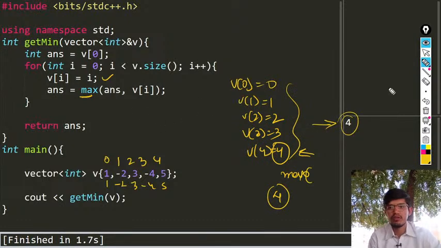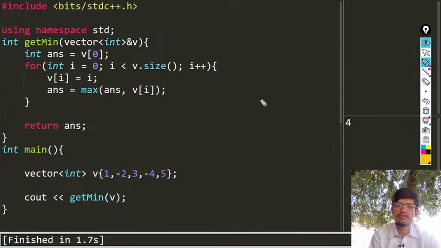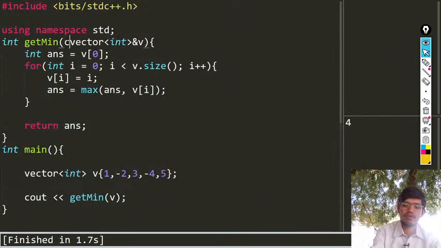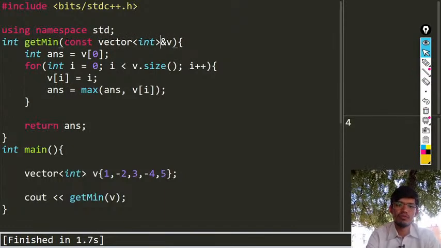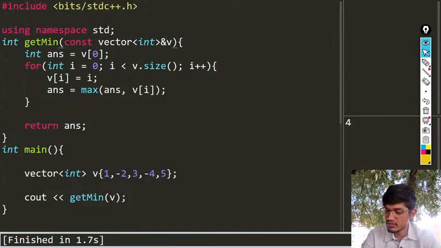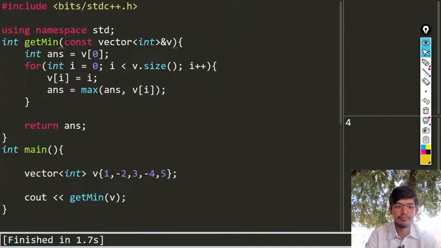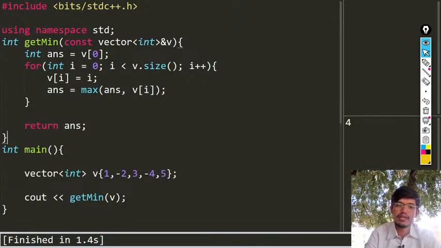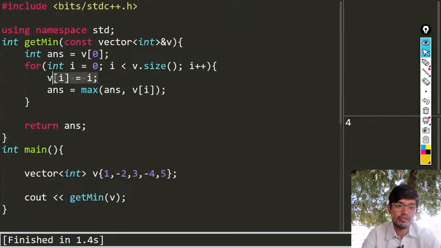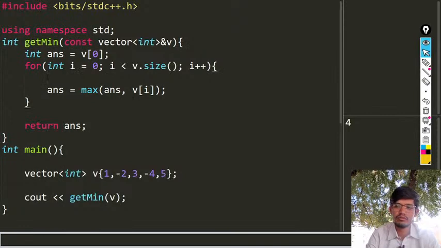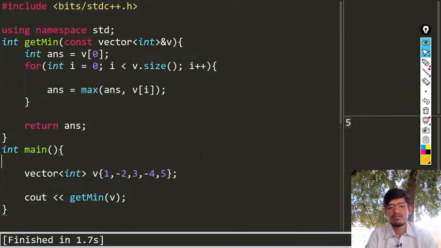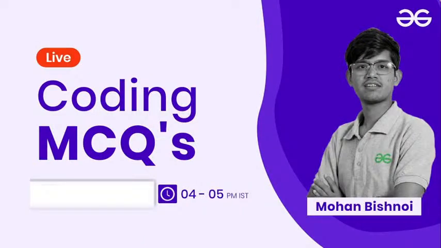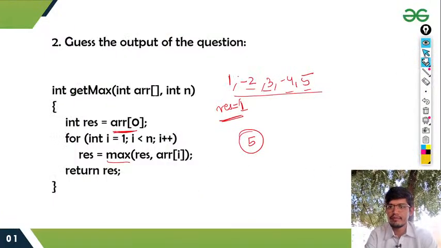Which is incorrect. So in order to avoid such mistakes, what is recommended is that whenever you are passing the vector into a function, you always include constant. I hope this was clear to all of you. You can comment if you have any doubt regarding this, or we'll move to the next question for today. Let us try to run this code, and the output which we are getting is 5 if we remove this. So you can see the value which we are getting is 5. Now let us move to the next question for today,